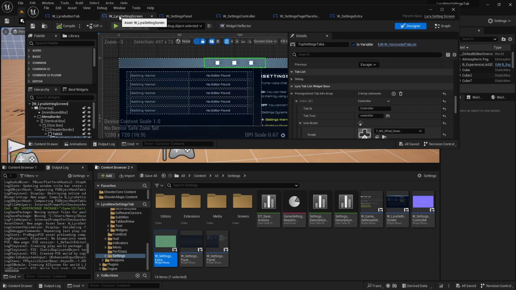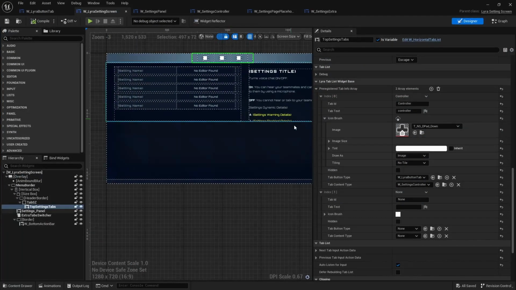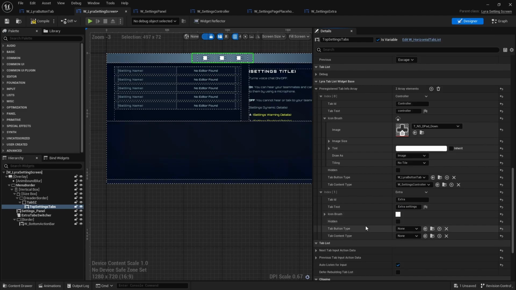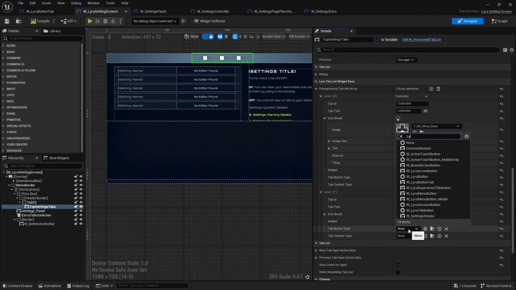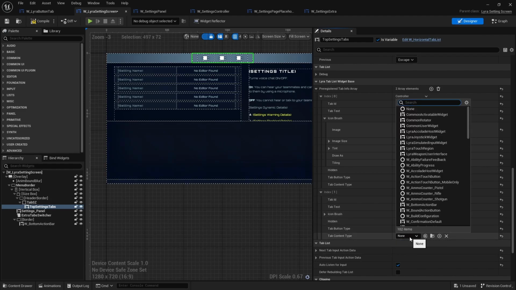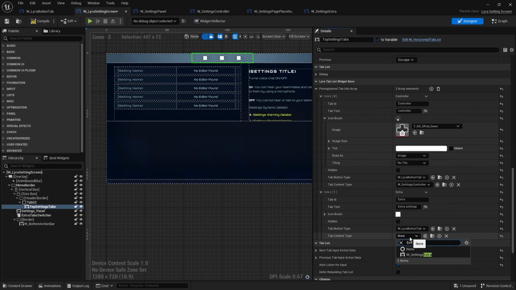Yeah, so let's navigate back to the Lyra settings screen. And then I will add that one as extra, and we'll call it extra settings. And then the icon brush, I'll just put nothing just to show that that still works. And then Lyra button tab. And then the content type will just be extra. So settings extra. Okay, so now that we have these